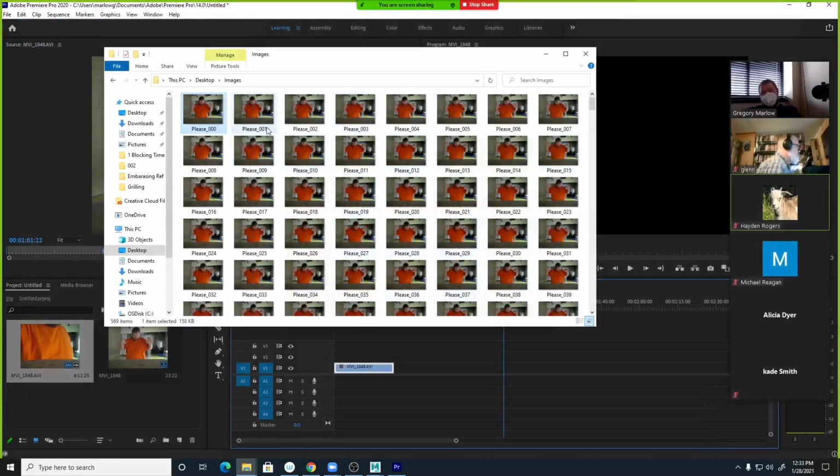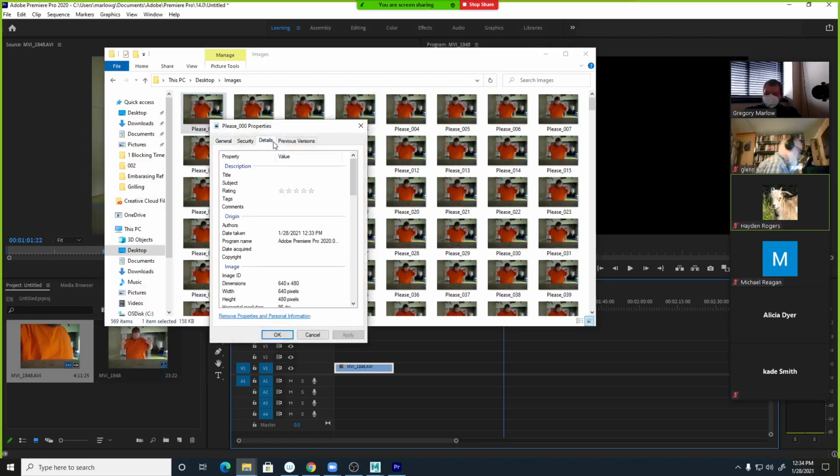Now, I recorded this a long time ago. So this is a different image size. This is not 1920 by 1080, right? If I right click on one of the images and go to properties and then go to details, you can see that it's 640 by 480, right? Now I just need that proportion, right? It could be 64 by 48, or it could be 6.4 by 4.8, or it could be 640 by 480,